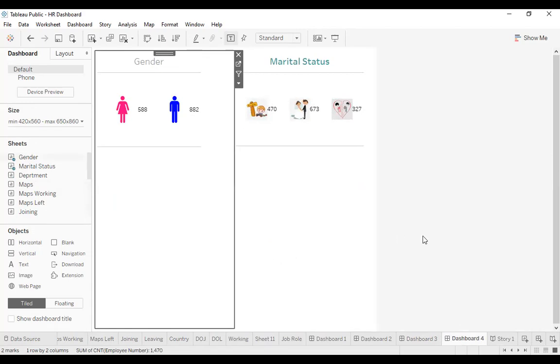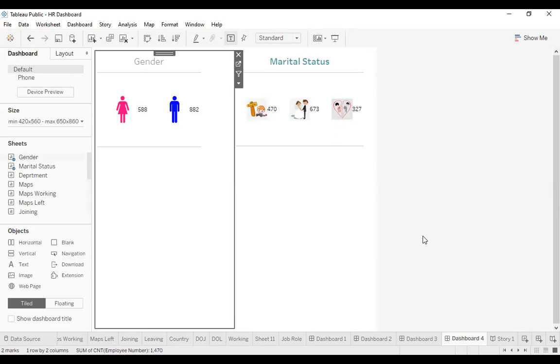Once this has been done, what we do in our day-to-day work when we are not comfortable with Tableau is just collect the data, make it in an Excel sheet or whatever, and put it in a PowerPoint presentation. The advantage of using Tableau is that we can make all the data in Tableau itself in the worksheets, and convert that into dashboards.